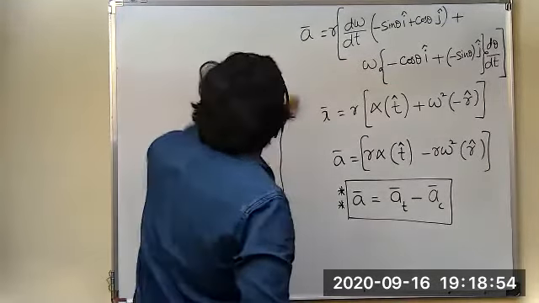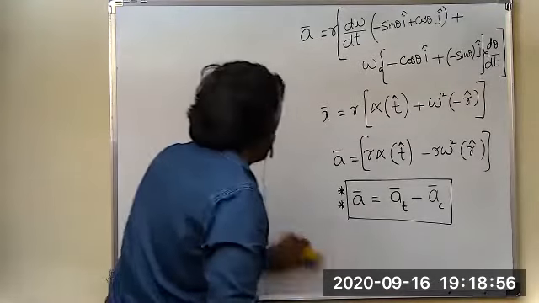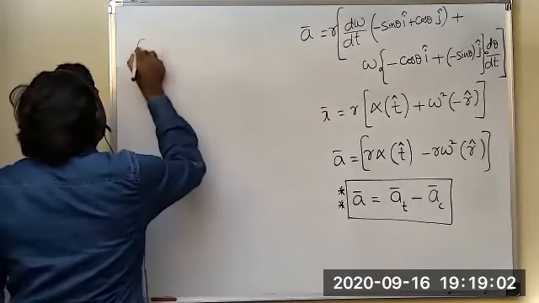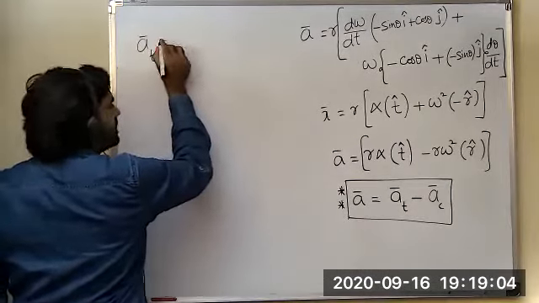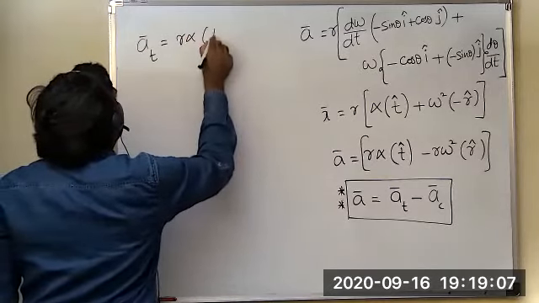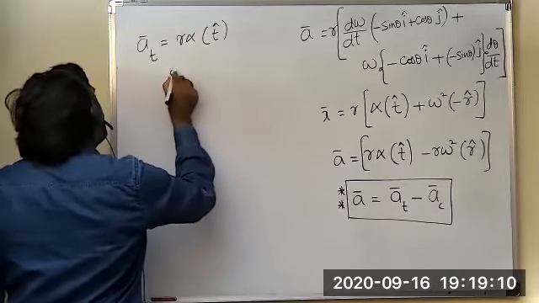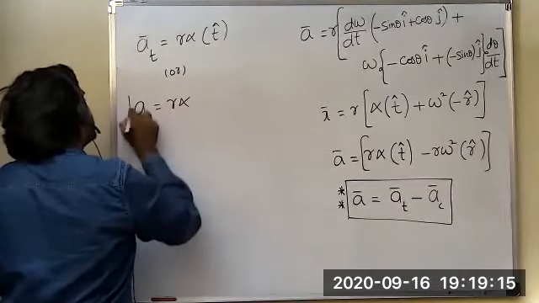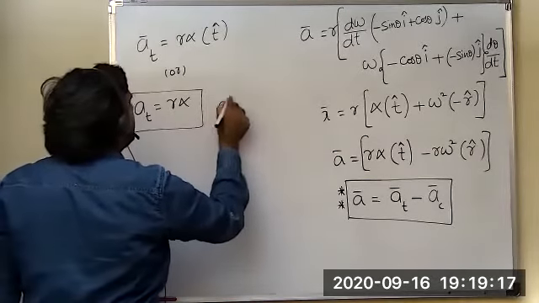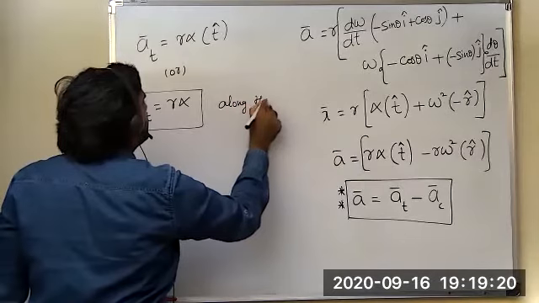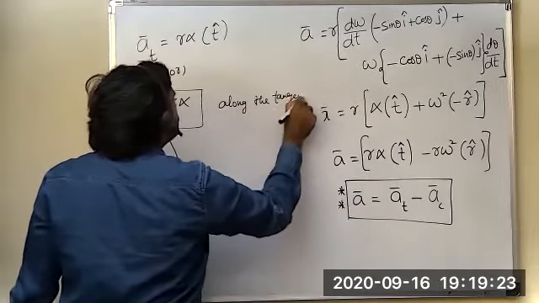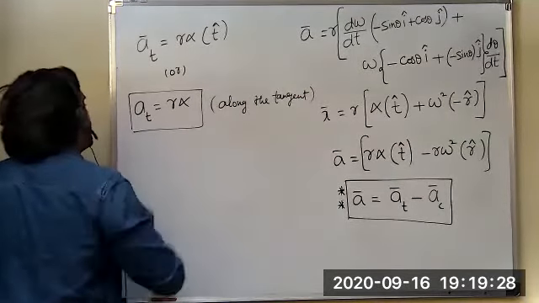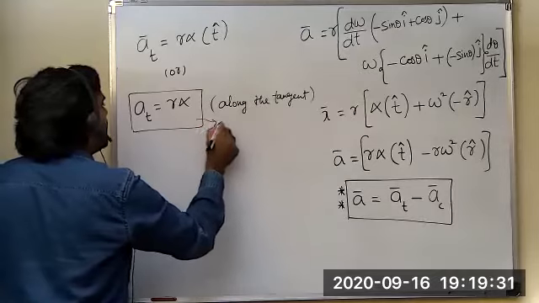So now you see, students, here A is equal to AT minus AC. There AT, you can write in vector form, it is R alpha into T cap, which means it lies along the tangent. Or else, simply you can write AT is equal to R alpha, that's it. It is a tangential acceleration, it acts along the tangent. Like this, you can generalize it. R alpha along the tangent, or else you can also call it tangential acceleration.